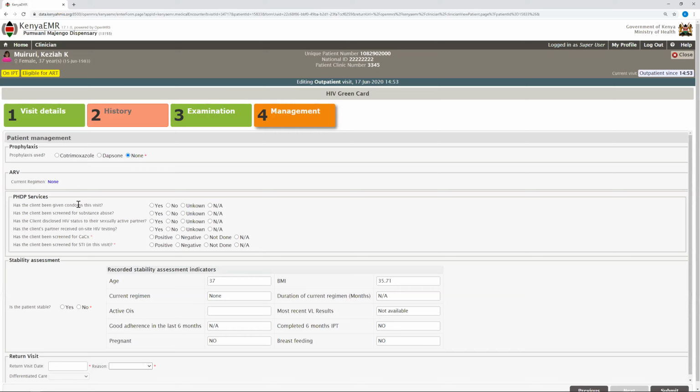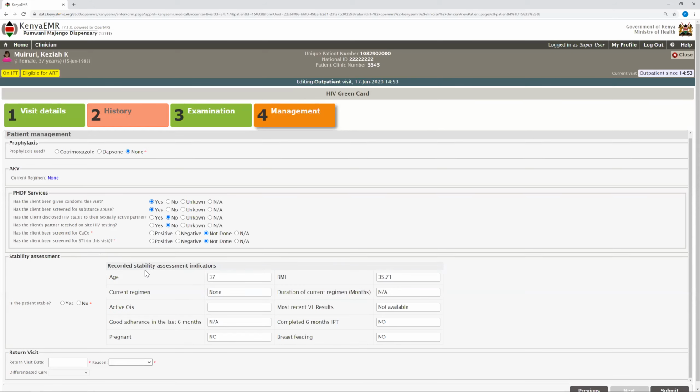And then we go to PHDP services. Has the client been given condoms this visit? Depending on what has happened, either say yes or no, or unknown or not applicable. Screen for substance abuse, yes. Disclosure, no. Received on-site HIV testing for the partner, no. Has the client been screened for cervical cancer? Not done. Has the client been screened for STI? Not done. Stability assessment. Is the patient stable? The patient is a new patient. This patient is not